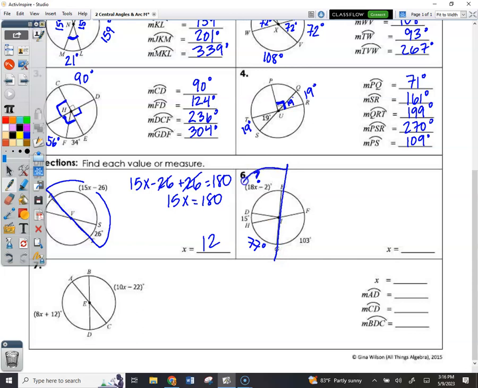Here's another diameter. What does this measure? 180. Now I want you to start using the technique I've talked about before when we were dealing with the angles of a triangle. We use the technique of subtracting off what you already know. This has to add to 180. What do I already know? 77. And 15. So if I do 180 minus 77 minus 15,